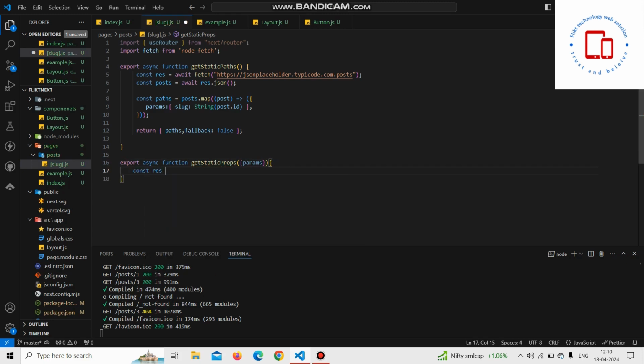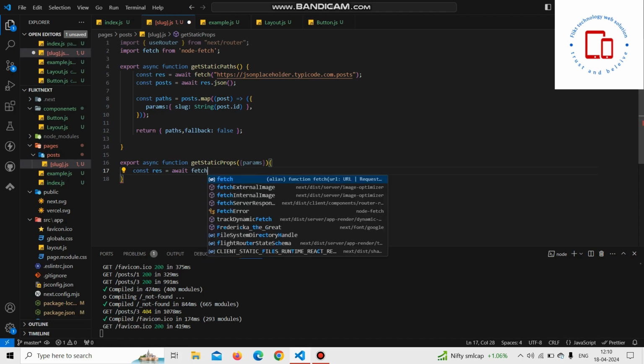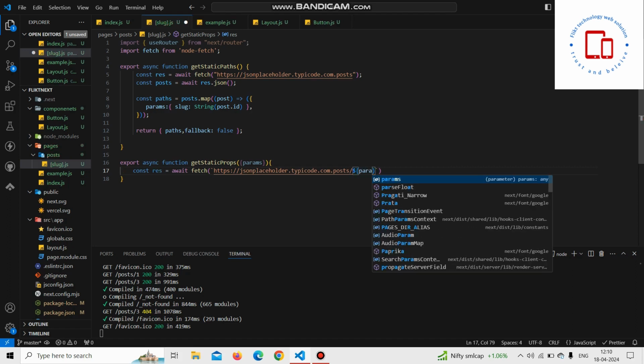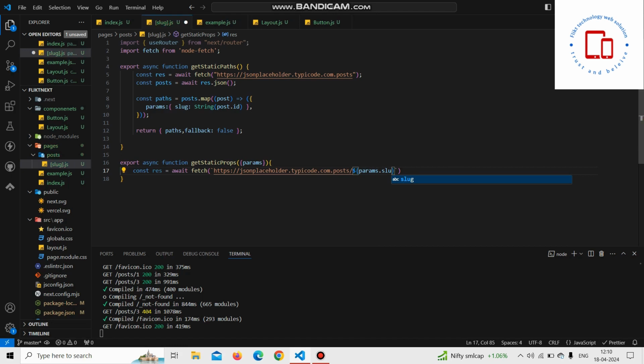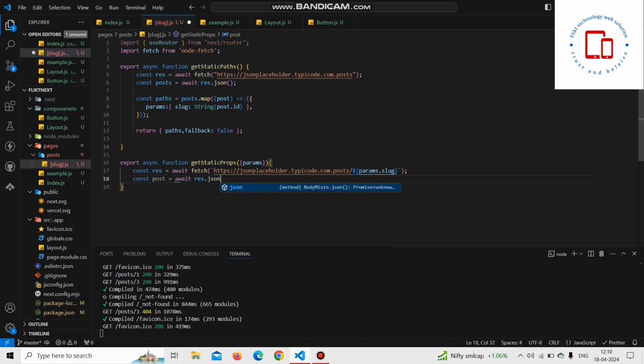Inside that I'm going to create const res equal to await fetch posts slash params.slug, const post equal to await res.json,